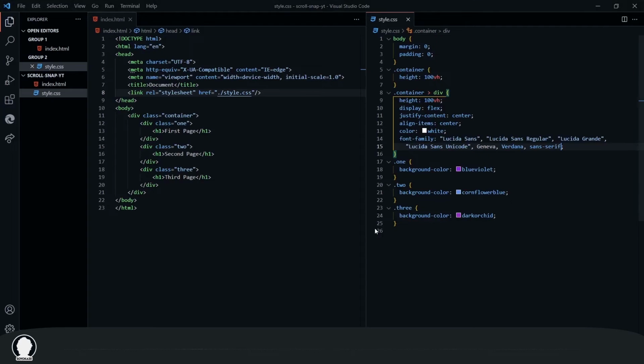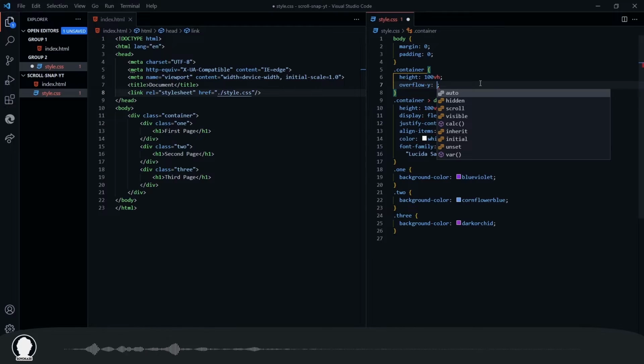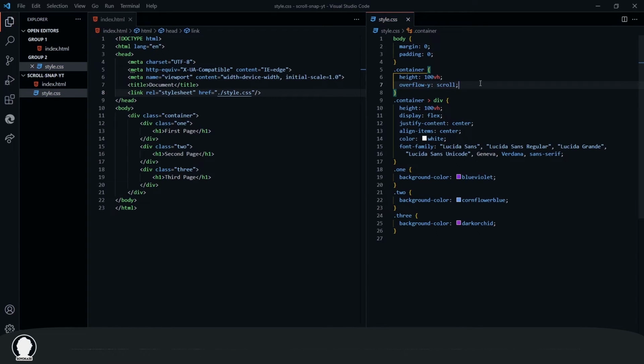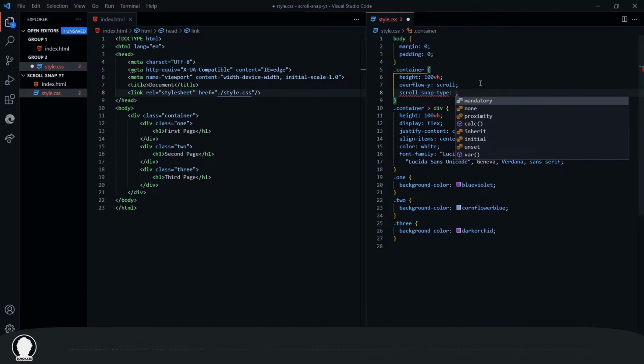So yeah. Now let's get to the part where we want to do the scroll snap and all that stuff. For that, first we have to set overflow-y to scroll. So this is one thing. Another thing is scroll-snap-type. So what kind of scroll snap do we need? Do we want to scroll in the X direction or the Y direction? We are doing the vertical thing, so it will be Y, and there are two kinds, mandatory or